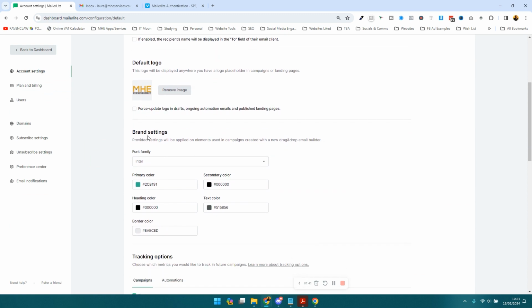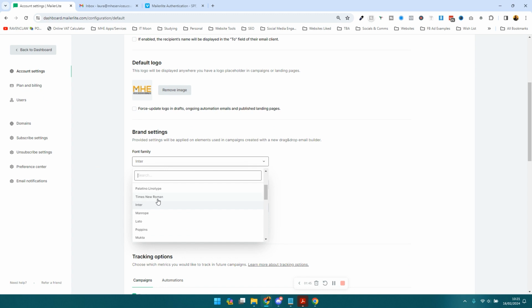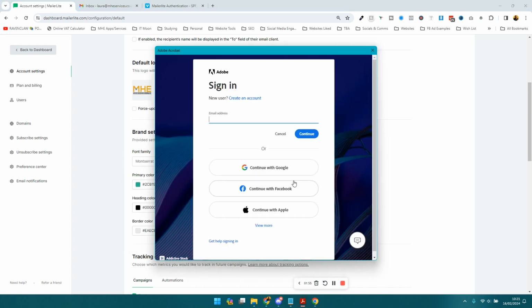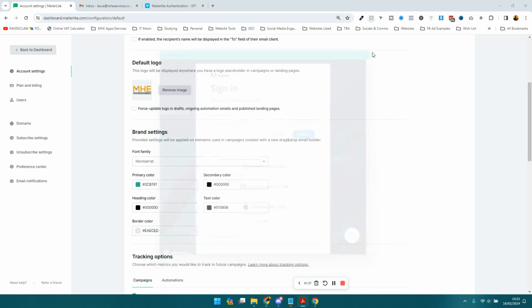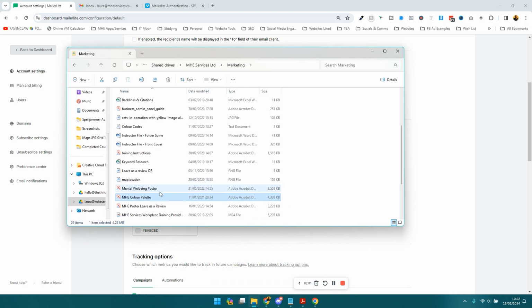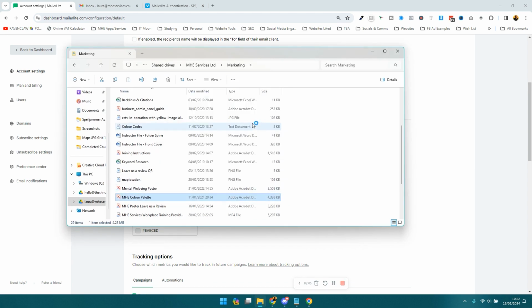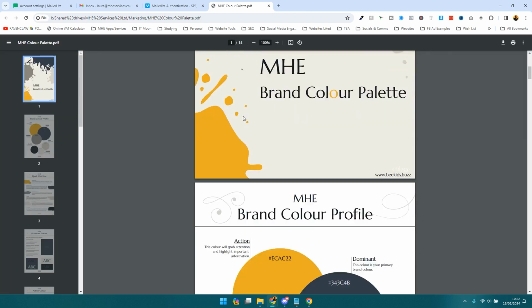And then next up is this bit. We can really save us some time. So where we've got the font family, you can decide what font that you want to have. So let's just say I'm going to go with Montserrat. And then you can set your colors, okay? So I've already got my branding colors up. So let me get them. Where were they? Here we go. So let me open my branding colors. And I'm going to